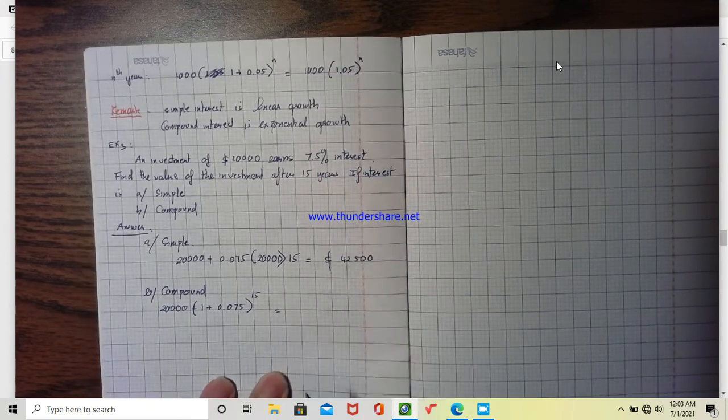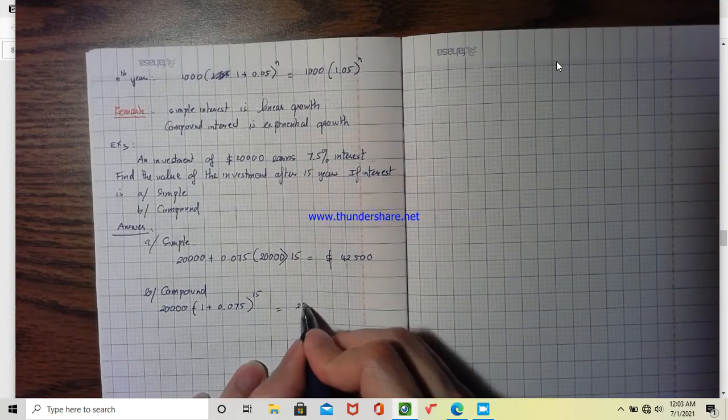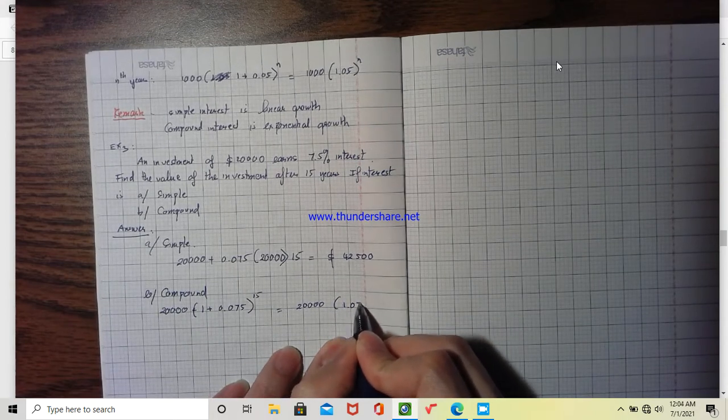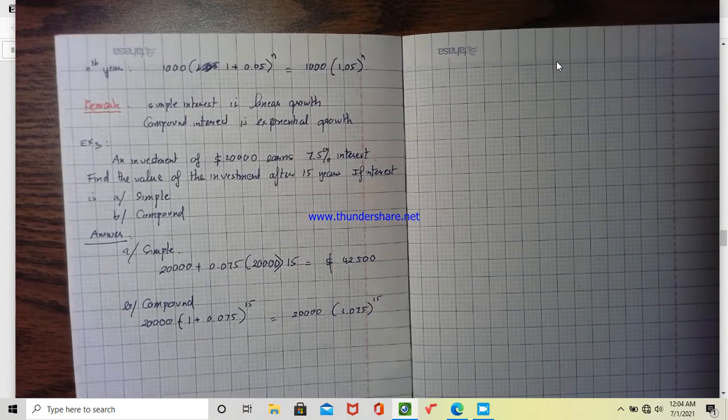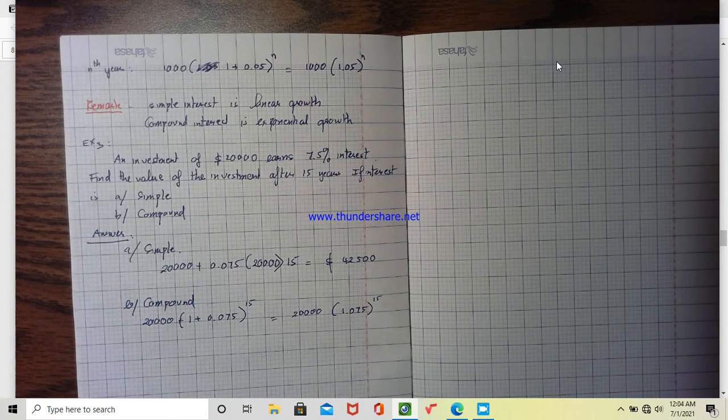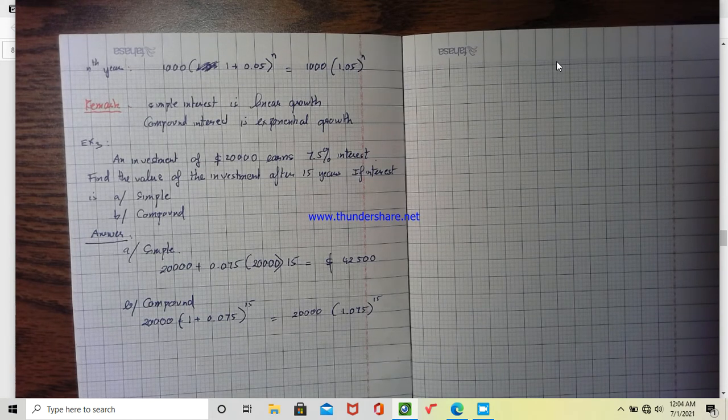That's a pretty big number, so you're going to have 20,000 multiplied by 1.075 raised to the 15. Then you multiply by 20,000, so you have